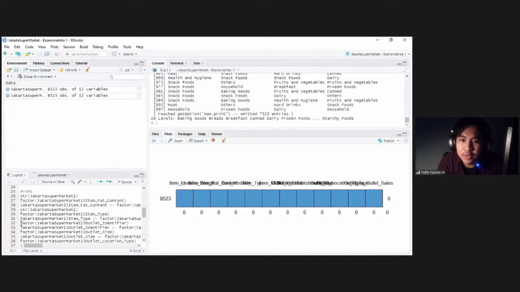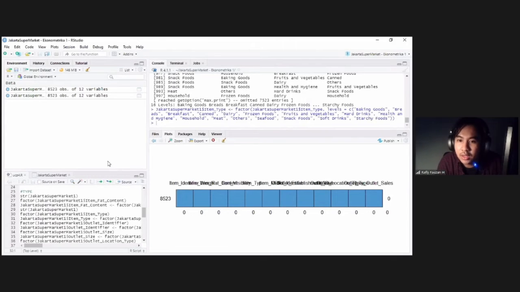Then we get 16 levels on the variable. Using the same way as when changing the data type in the item fat content variable, we can get the desired result. For the next four variables, namely outlet identifier, outlet size, outlet location type, and outlet type, you can use the command with the same steps as before.